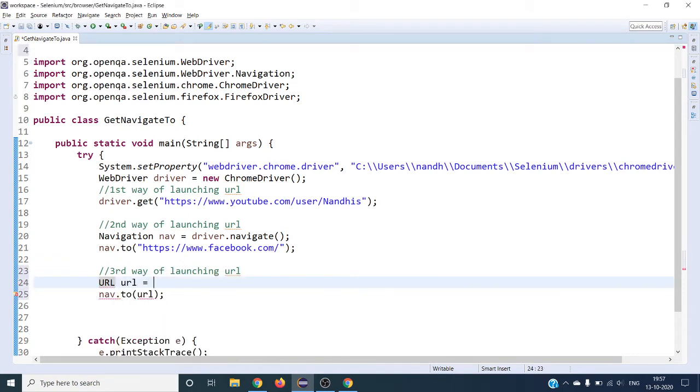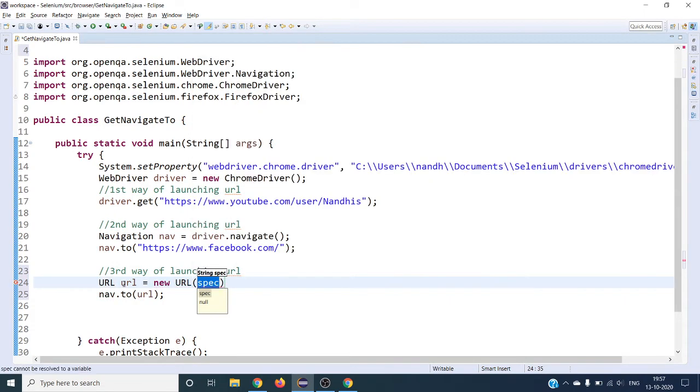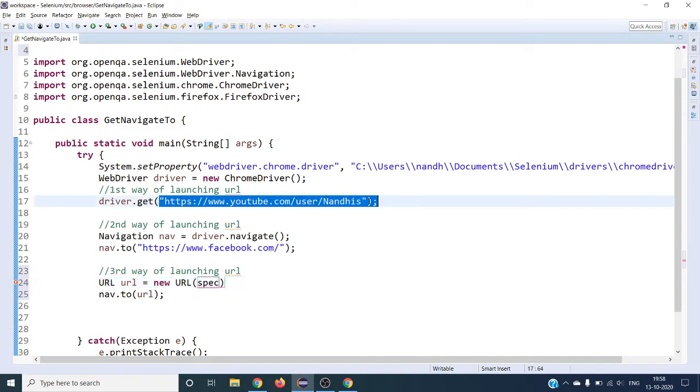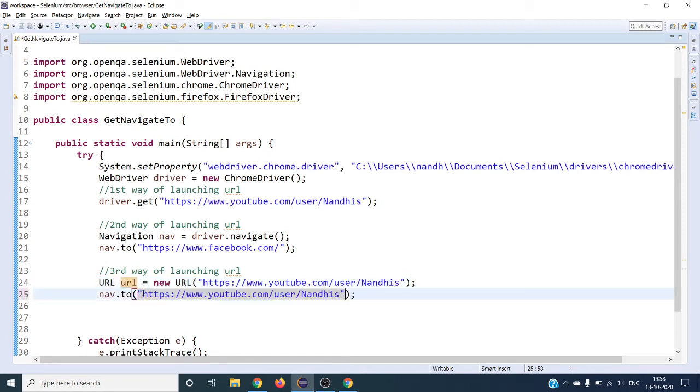So the application URL is going to be, this is the class, so you can instantiate it with your URL string. In turn, this also accepts a string. I'm going to have this. So I have defined the URL with the URL class. So I'm going to use the same URL over here, right?